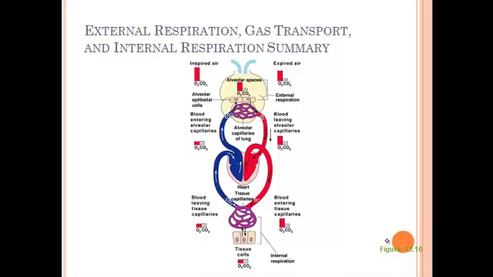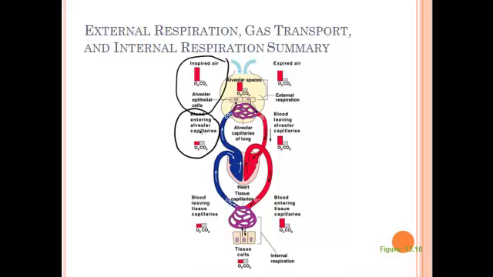So let's look at this figure here. Let's start up here with the blood returning from the body. As the blood is returning from the cells, here it shows the concentration. The oxygen concentration in the blood coming back from the body and going into the alveolar capillaries is very low, and CO2 is higher because we dumped oxygen off at the cells and we picked up CO2. As it comes into the alveoli, it comes in contact with the inspired air. So the air inside the alveolar spaces, notice the oxygen content here is huge, and there's almost no CO2 inside the air that's coming in to the body.